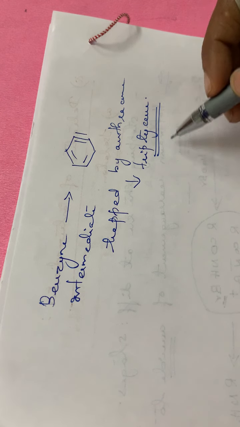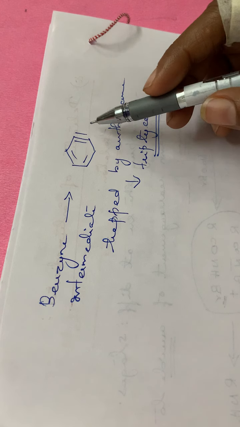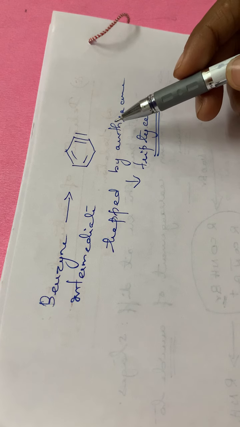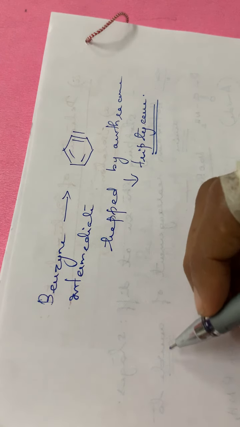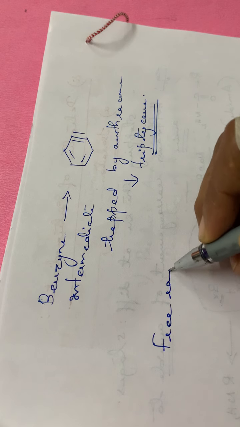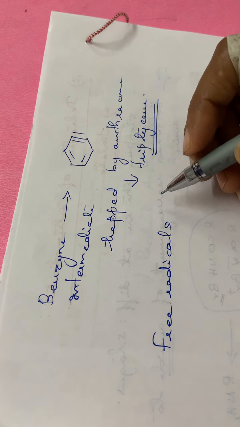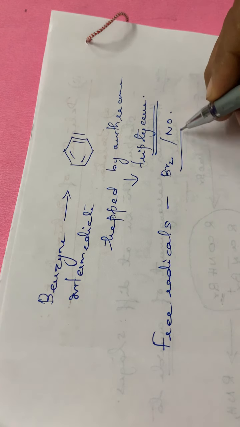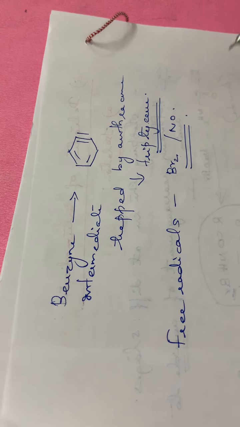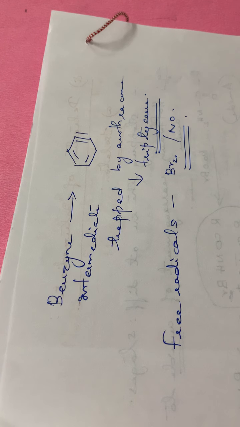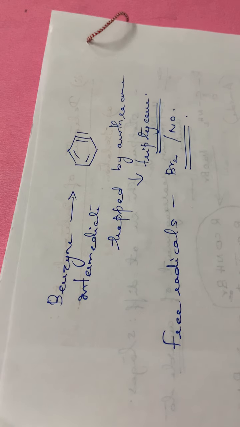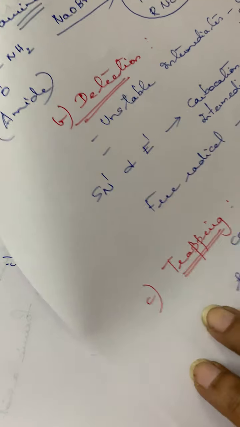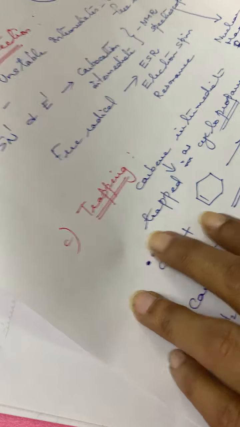Okay, so if triptycene is formed, what happens? It is clear that we will be having the intermediate benzyne. Okay, and also free radicals can also be trapped by this method. Free radicals can be trapped by bromine or nitric oxide. Okay, these are some of the trapping materials used for trapping of free radicals. So hope you are clear with this detection. So three methods are there. Detection of intermediates: first is isolation, second one detection, and the third one is trapping.